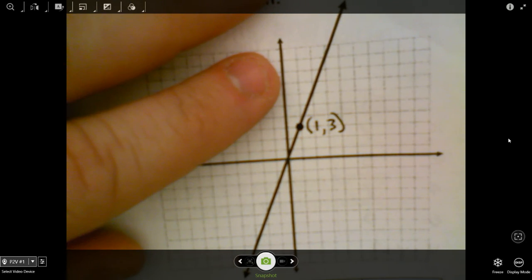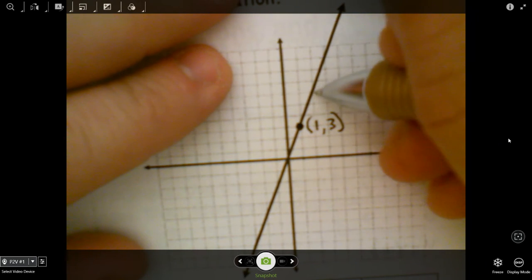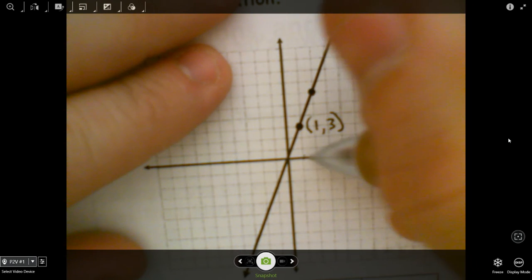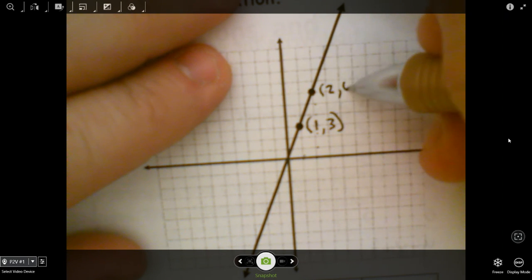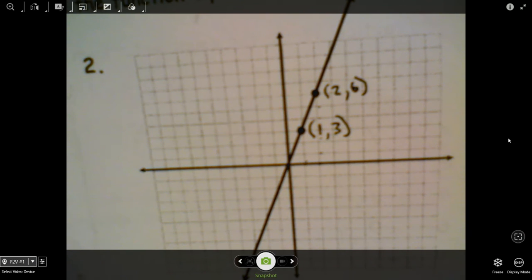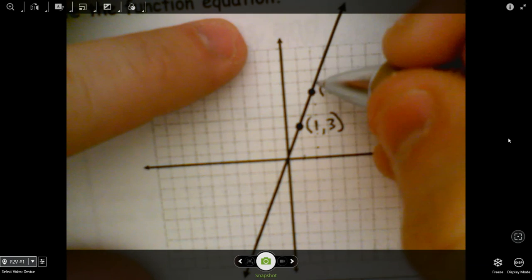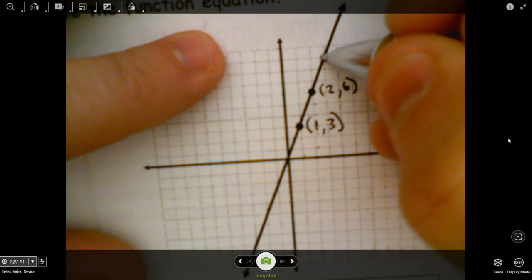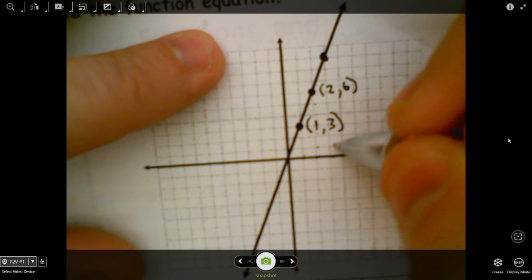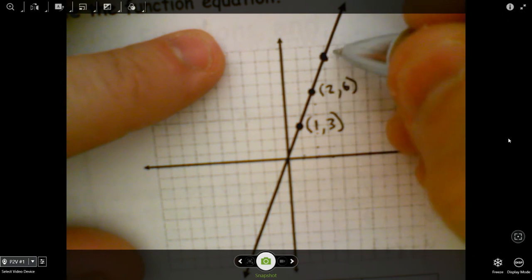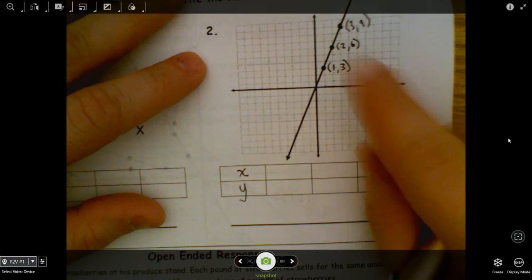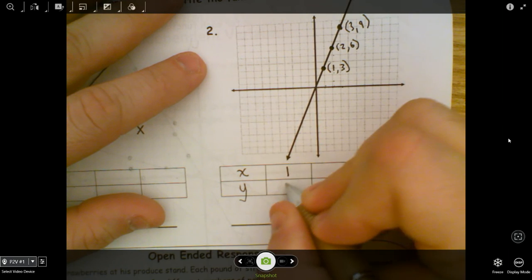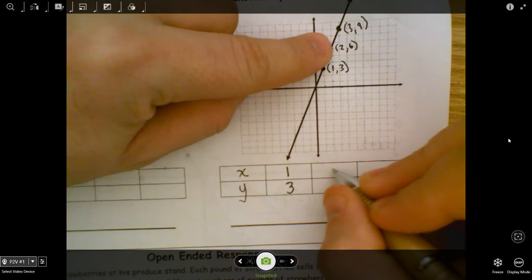Let's see, is there any other places where it goes through very nicely? Oh, right here. Over 2, up 1, 2, 3, 4, 5, 6. 2, 6. And I really could use one more because I have 3 blocks for it. So if I keep following my line, oh, here's a point where it goes through nicely. 1, 2, 3, 1, 2, 3, 4, 5, 6, 7, 8, 9. 3, 9. And then all I'm going to do is put that into my box. So my first one is 1, 3. X is 1, Y is 3. X is 2, Y is